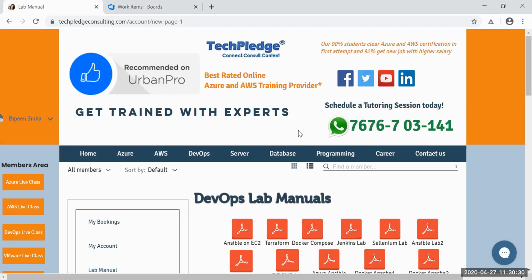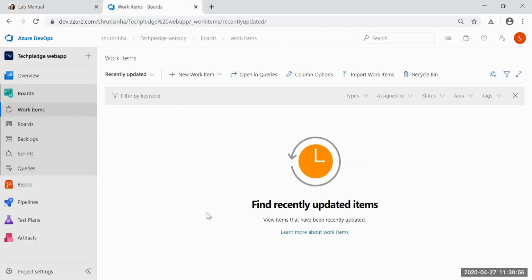It would be divided into different stages. Every stage would have its own challenges and its own team working on it, and someone would be assigned to it. So this entire process, this entire timeline, how can he see it on one dashboard? That's what we would be doing under Azure Boards. Azure Boards would help us prepare this entire dashboard.